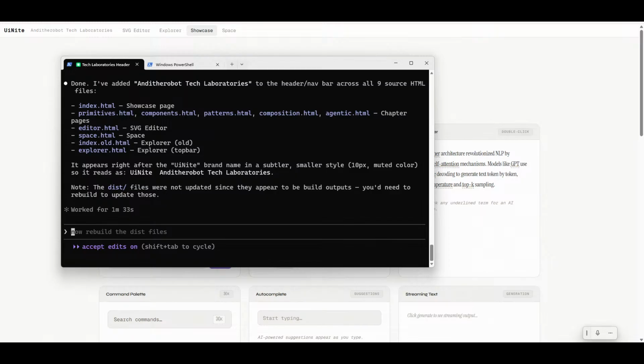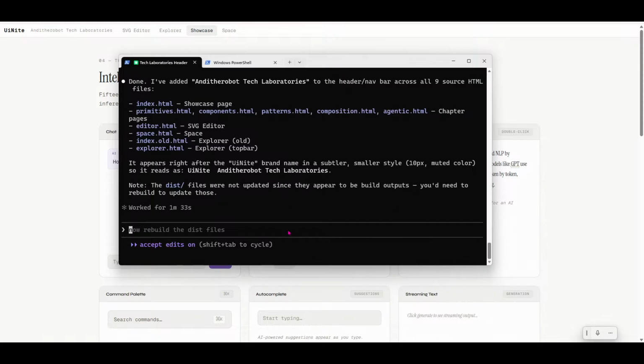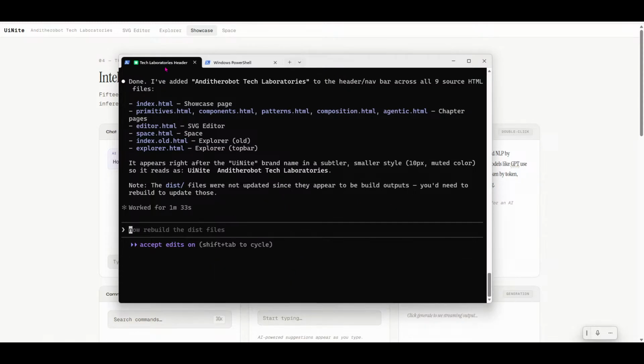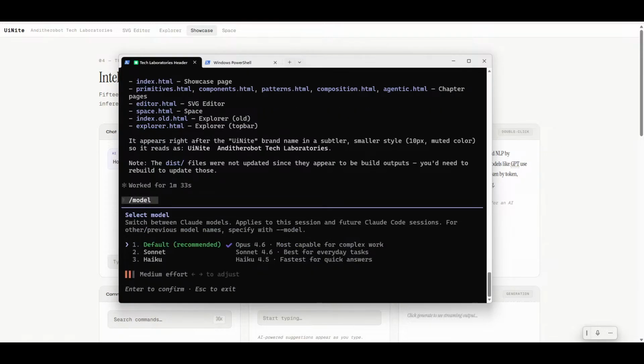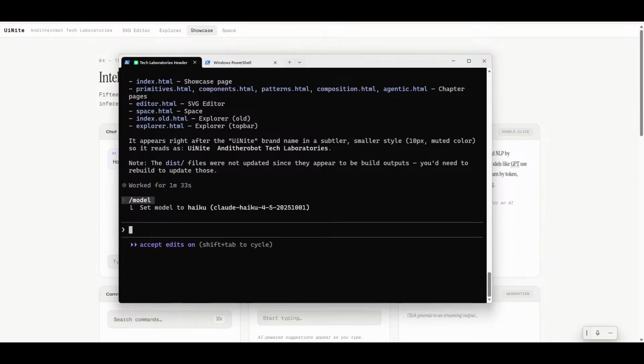All right, so the task I'm working on right now is to basically start with the basic challenge. So I'm going to use the model Haiku for that because it's going to be faster. So I'm going to, below the nav bar in the right, on the left side, I would like